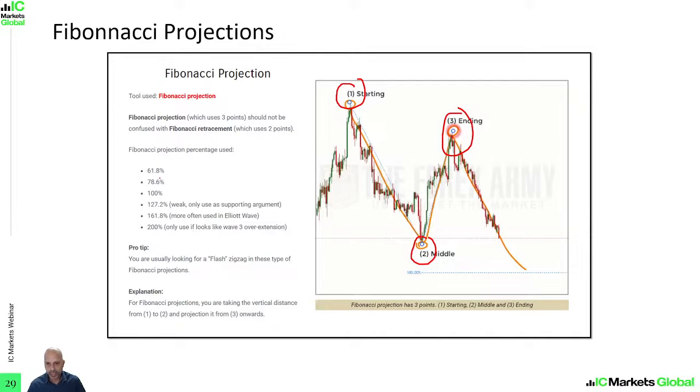So in Fibonacci projection, the key levels that we're looking for are 61.8, 78.6, and 100%. We can use the other levels as well that are greater than 100%, but typically the more significant levels for Fibonacci projection lie at 61.8, 78.6, and 100%. Right? Okay, so in this scenario here, we can see price making a significant swing high at point 1, a significant swing low at point 2, and then another significant swing high at point 3.